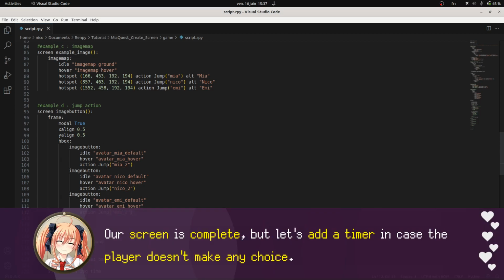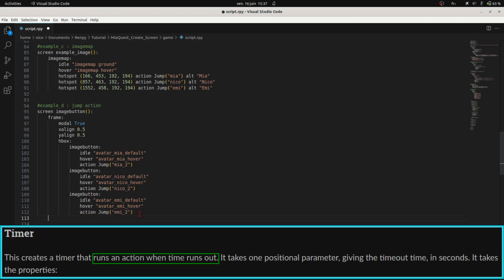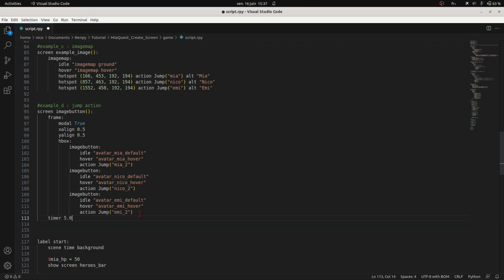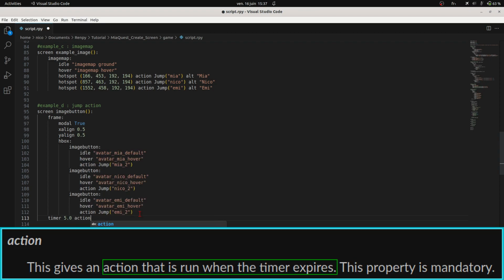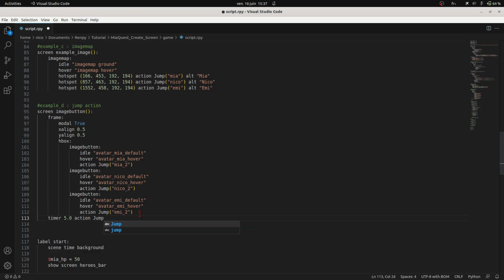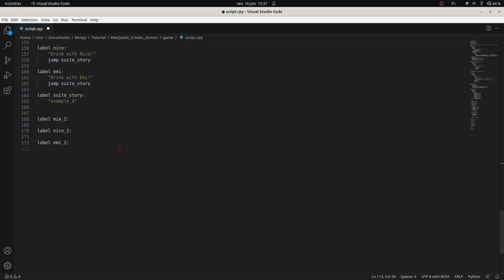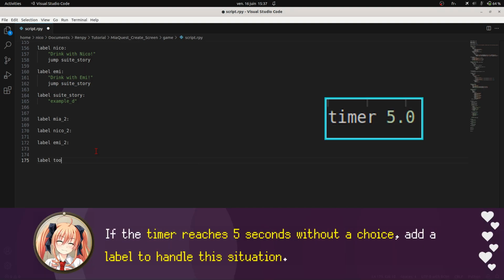Our screen is complete, but let's add a timer in case the player doesn't make any choice. If the timer reaches 5 seconds without a choice, add a label to handle the situation.